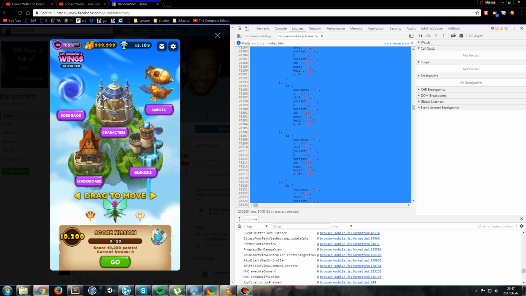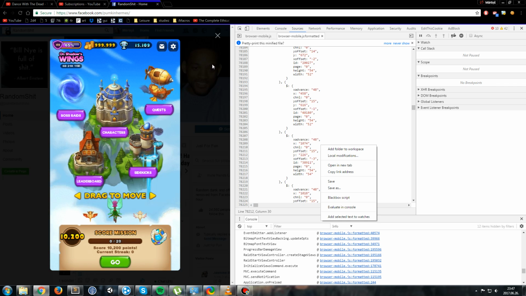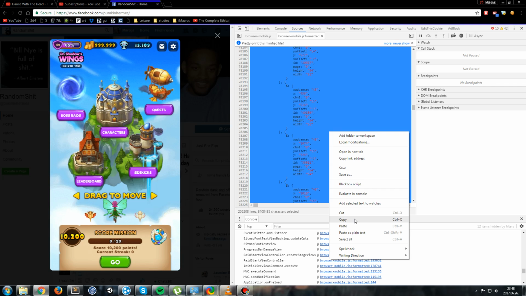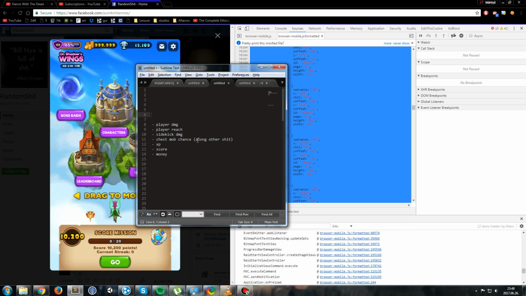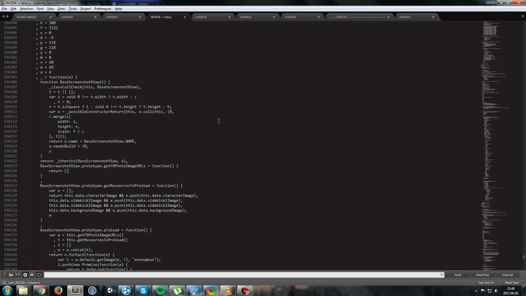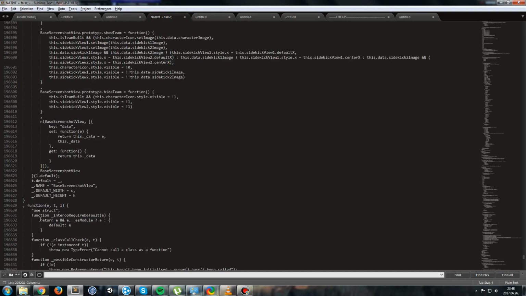So, if you can see right here, it's Will Smith's face. Yes, it loaded all the file. So, copy it, open your favorite text editor, open new tab, paste it right there, and you can see it has